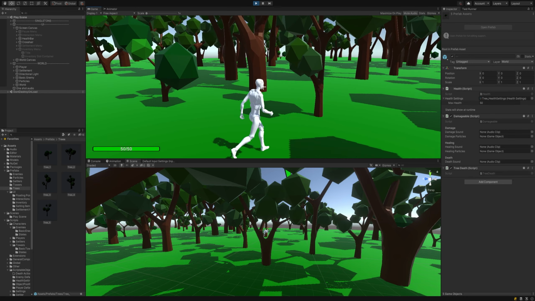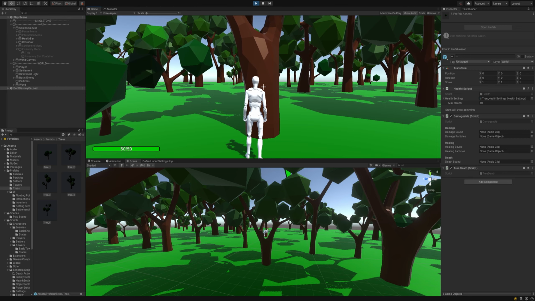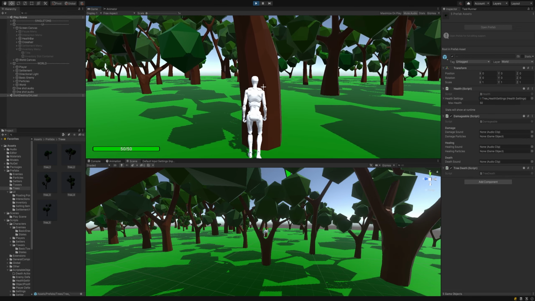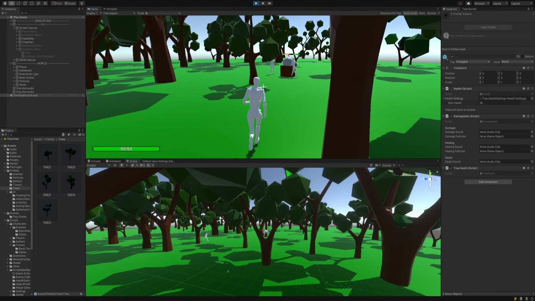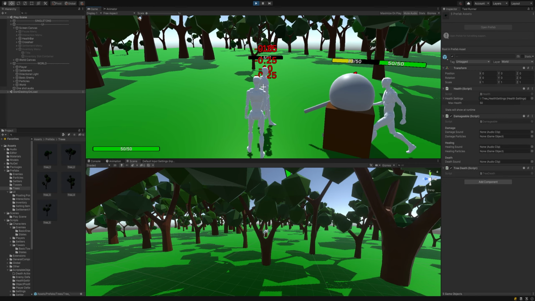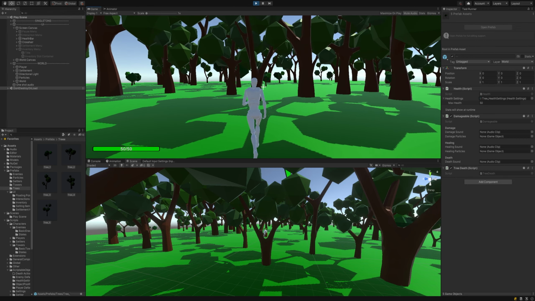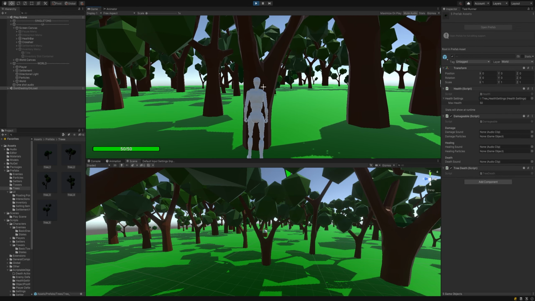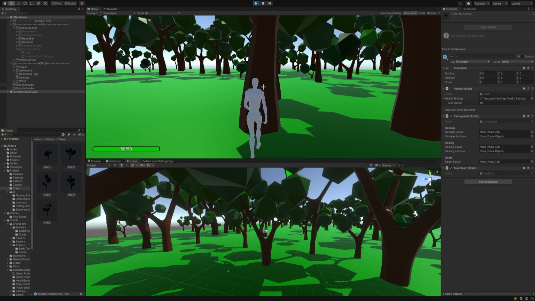As you see right here, the little damage points are kind of hidden in the tree, so I have to find some way to make that look a little bit better. Maybe add it on a layer in front of everything. I'm not sure how to do that. But I did end up getting this working pretty easily. The trees, I added them to a different layer called World, so that when I do a raycast for my attack, I am just looking at the enemies layer and the world layer. So that's how it goes. It doesn't attack the settlers or